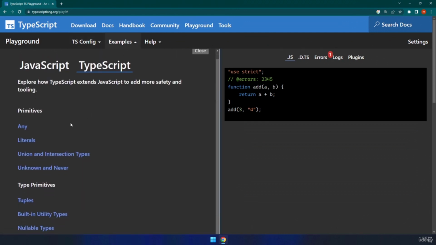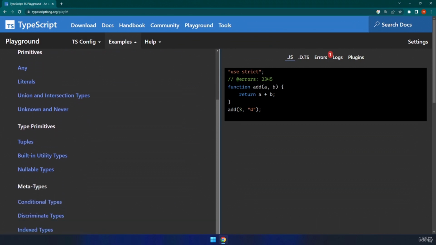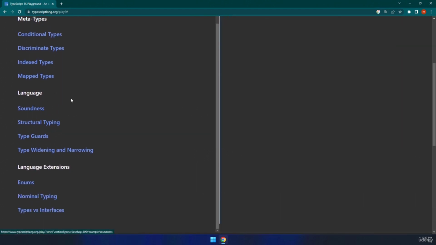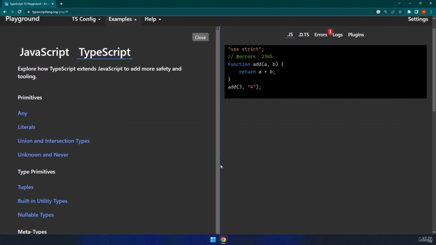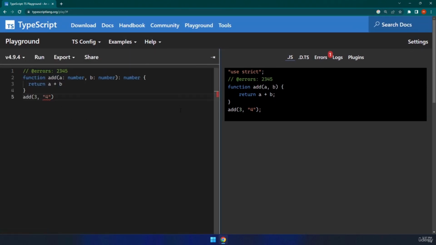Here we have examples. For example, you want to work with primitives. These are the examples. Type primitive. We're going to explore these meta types, language, language extensions. So don't worry, we're going to explore about 95% of everything you can see right here. All right. So I do suggest going to typescriptlang.org, going to this playground, clicking on the playground, coming here and